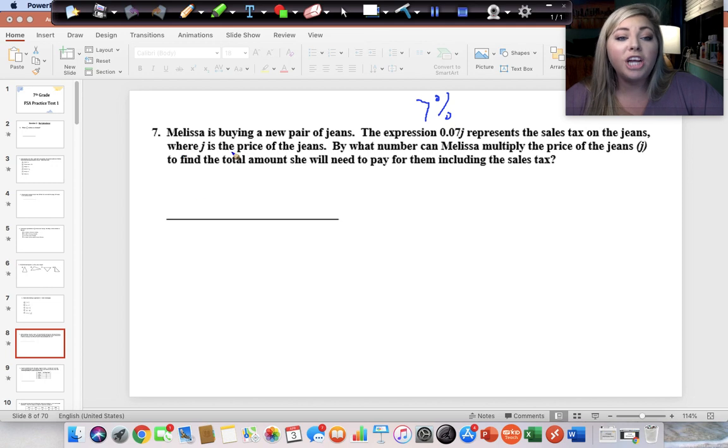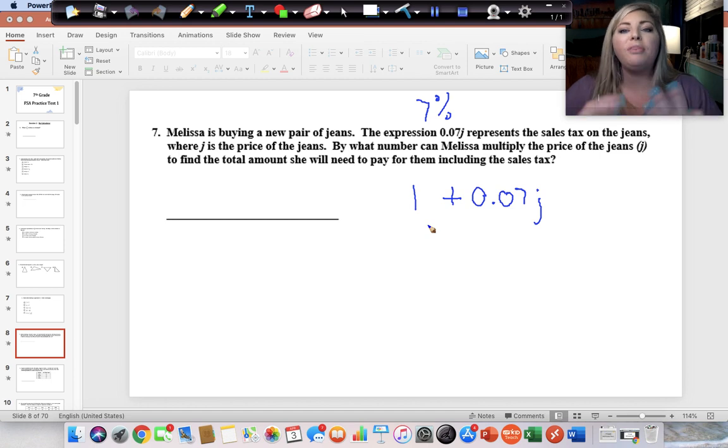Okay, where J represents the price of the jeans. By what number can Melissa multiply the price of the jeans to find the total amount she will need to pay for them, including the sales tax? Well, we know that this is what the sales tax is, but again, she has to pay for also 100% of the jean, right? So she's got to pay for the price of the jean and then the sales tax